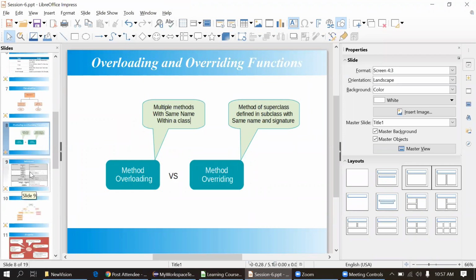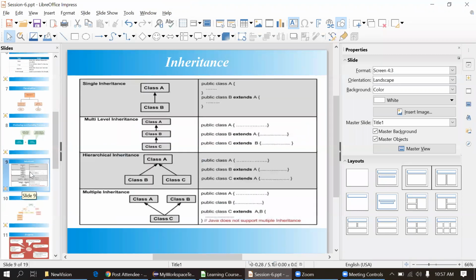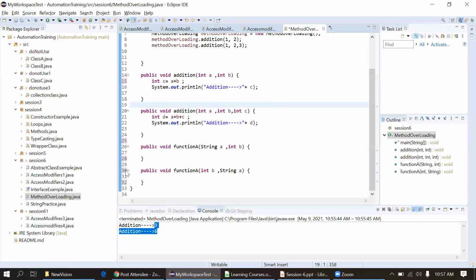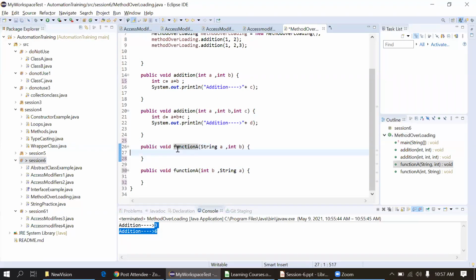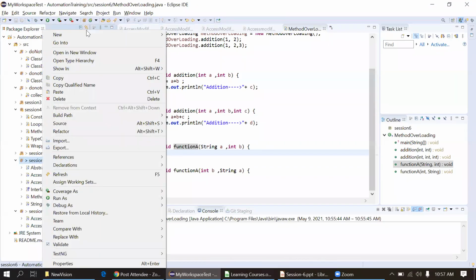Okay, fine. Moving to the next part, inheritance now. So I will create one more class here.